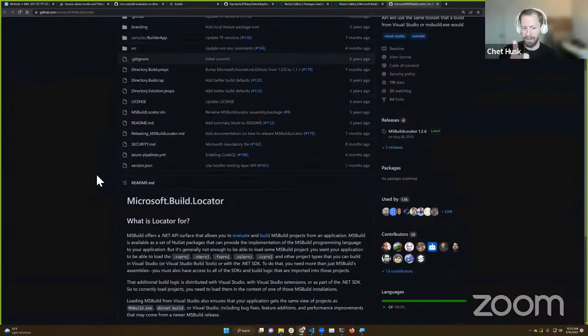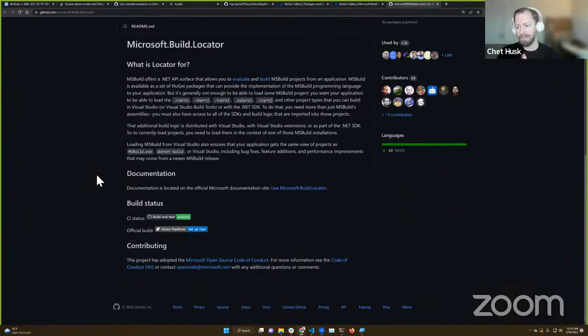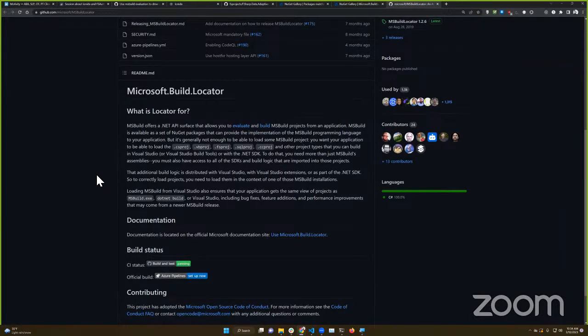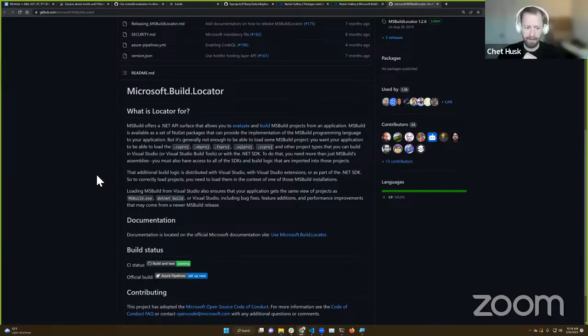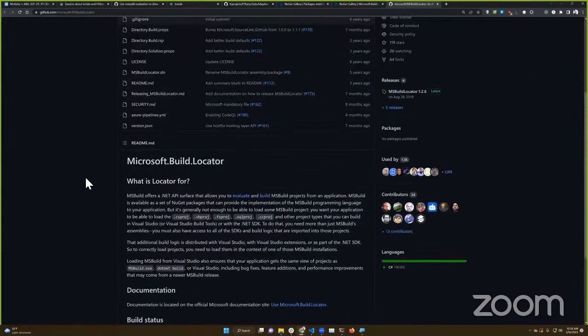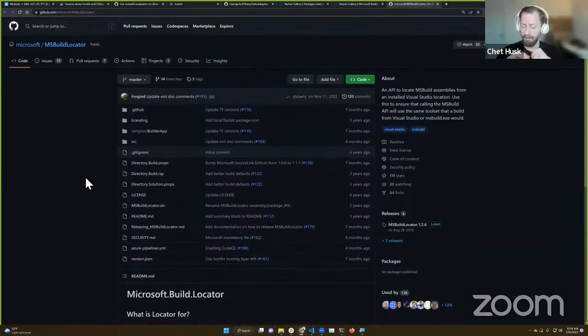So this is part one. And then part two is changing your project so that you only reference the NuGet libraries at compile time and not at runtime. It's a two-phase thing. There are docs on Projinfo that describe it, but MS Build Locator also has docs about how to set up your project for that. If you do these things, you can use MS Build in process, which is nice because you have full control over it.